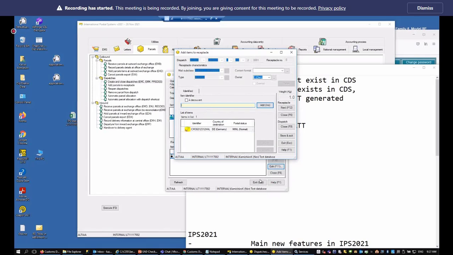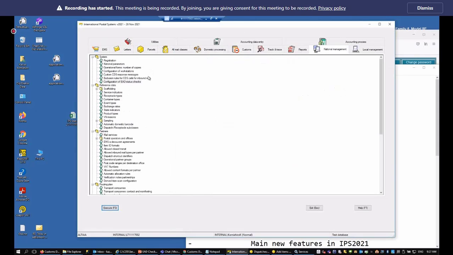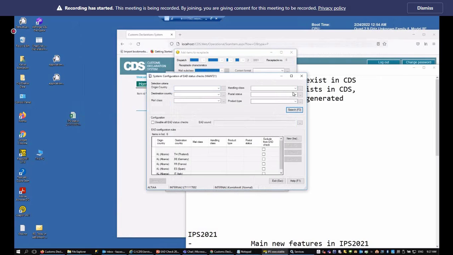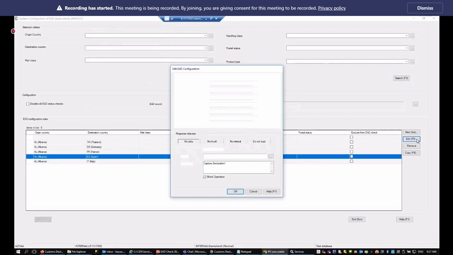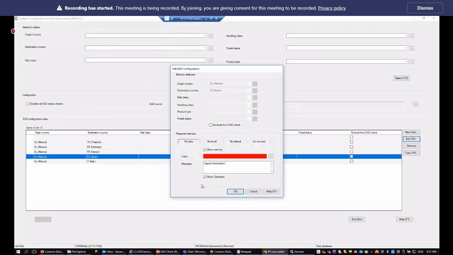If you set IPS to do the strict control, let's say for European Union countries, Italy, Spain, France, Germany, and so on, and configure IPS to block the operation for the item without data, without an ITMATT message, with pending referral, with a do not load message, IPS prevents users from inserting the item to the receptacle,